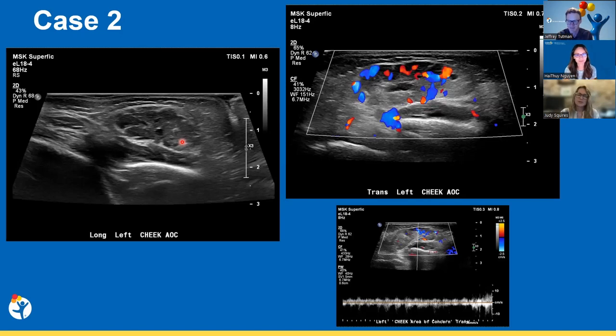I take a little bit of an opposite approach. We obviously don't get the best history all the time, and sometimes the history is not clear, even when we do have a little bit of history. But I try to distinguish, if I don't have history, that if it's solitary, it might be more likely a congenital hemangioma. And I think the treatment is different. The infantile hemangiomas, they give propranolol, but for the congenital hemangiomas, there's typically not a treatment unless they need to